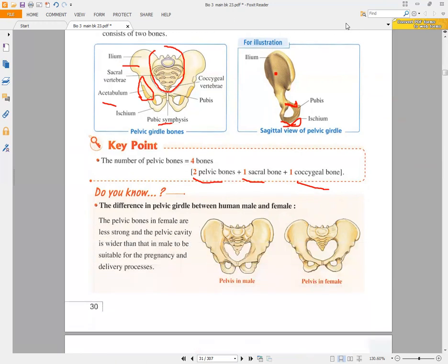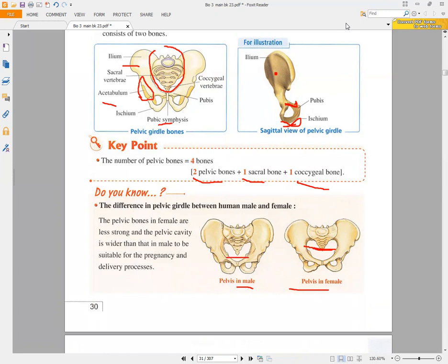Also here, you have to know the difference between the pelvis in male and the pelvis in female. You will find that the pelvis in female is less strong, and the cavity here will be wider than the cavity in the